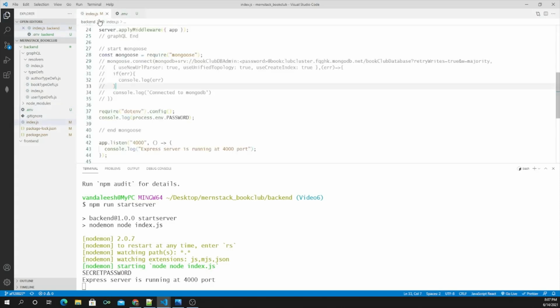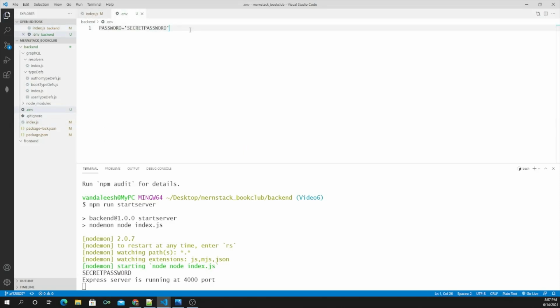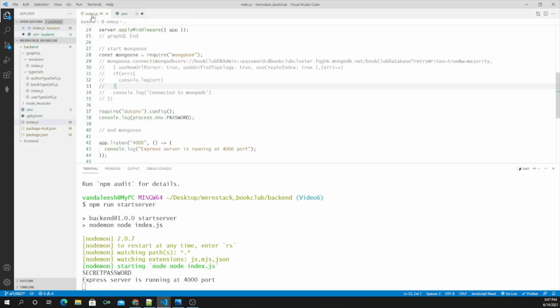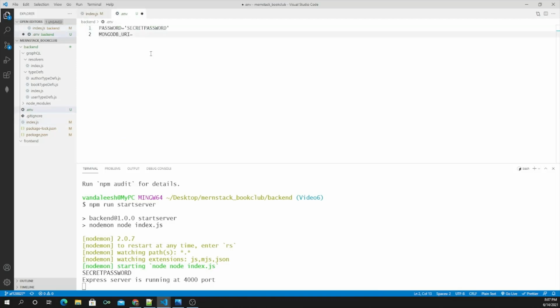So what I will do is, here I will define a MongoDB URI and copy the entire URI section and paste it. And here I will replace this password with the actual password we defined, and